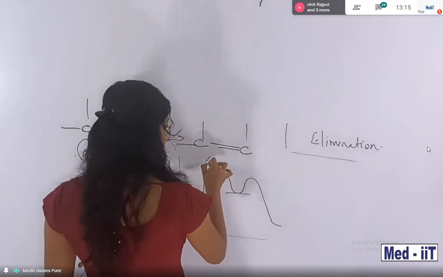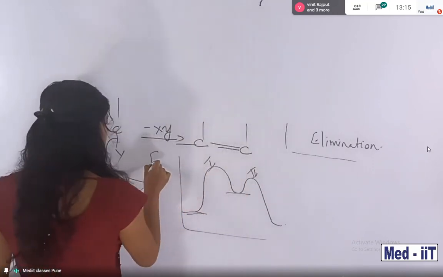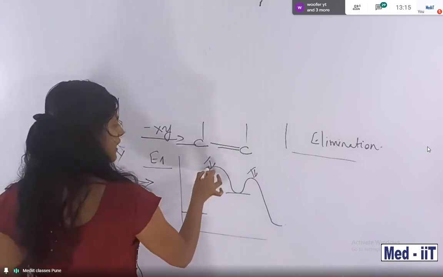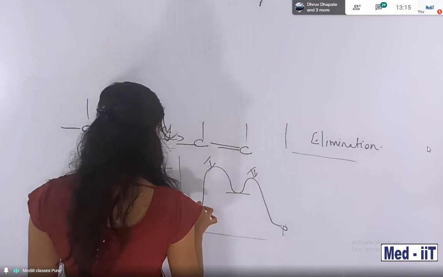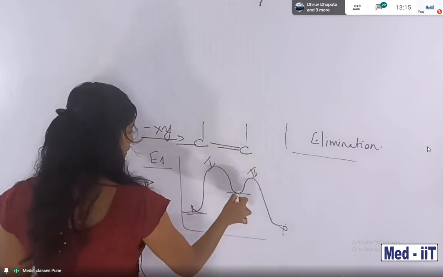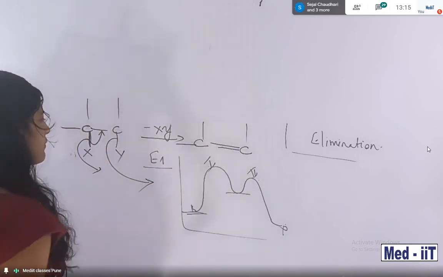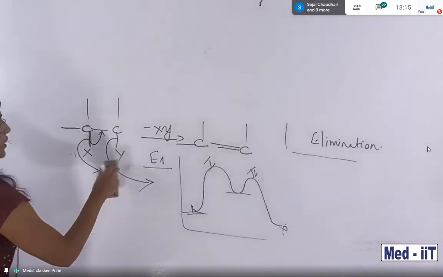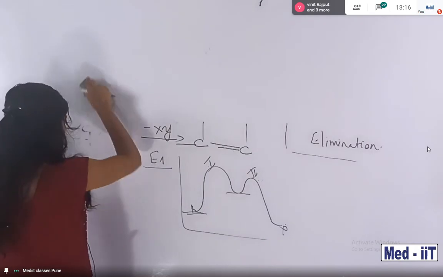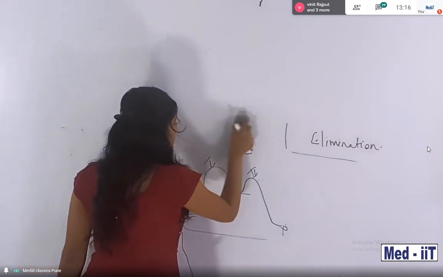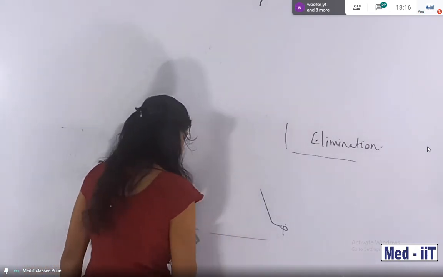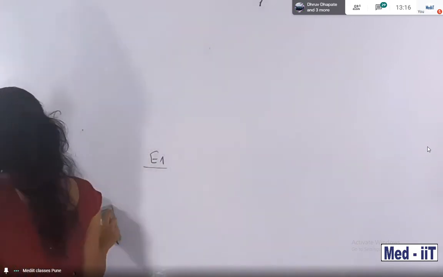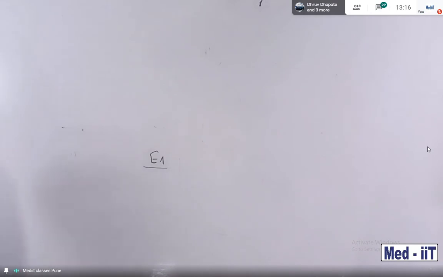So these are two transition states, first and second. This one is E1 elimination. So we already mentioned these things. E1 and E2 setup, and then this is the product side, this is the reactant side, two transition states, one intermediate is there. So it is unimolecular. E1 reaction is unimolecular, only one molecule is involved.